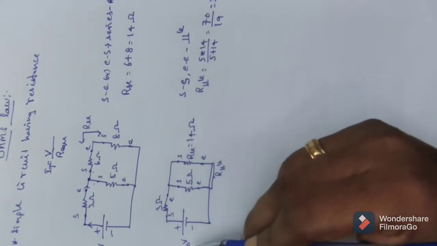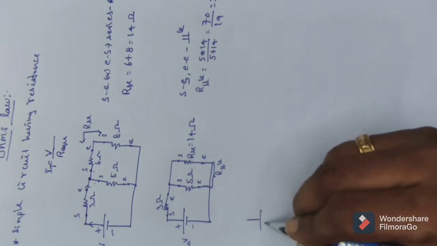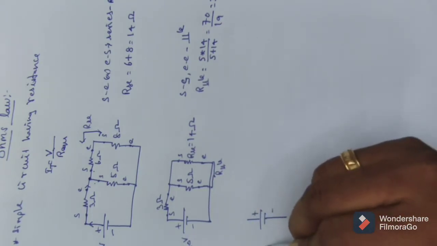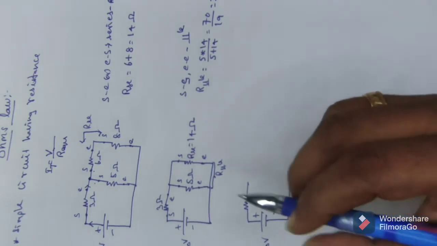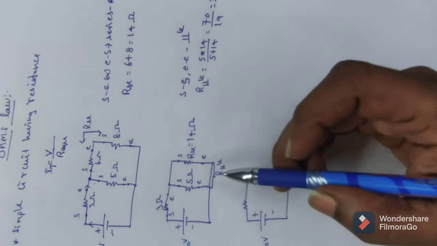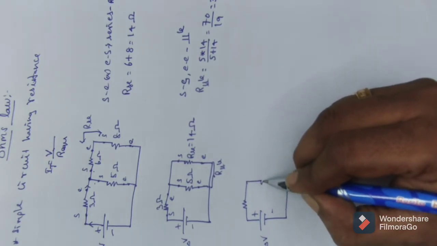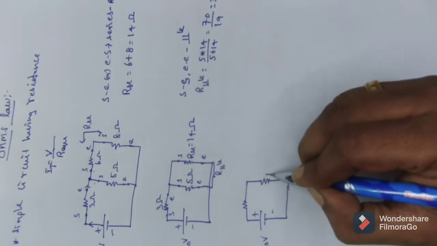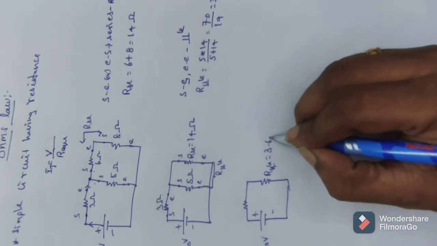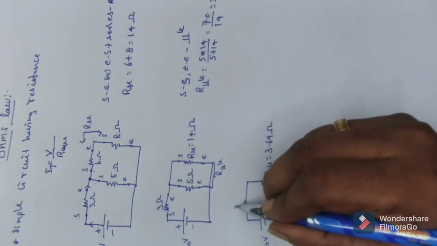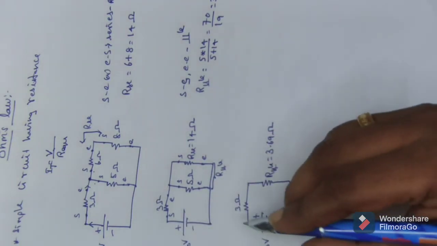We haven't touched this voltage as well as this resistance. This we need to write as it is without any change. Now instead of these two, we need to represent only one resistance, that is our parallel resistance. For compatibility purposes, I am representing that as R parallel, and that value is 3.69 ohm, and this source resistance value is 3 ohm. This pair I haven't touched. I have written it like that.